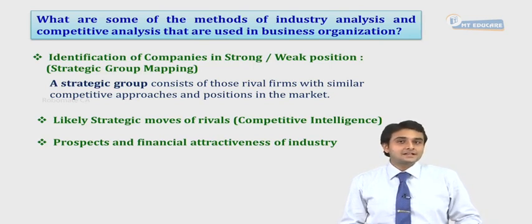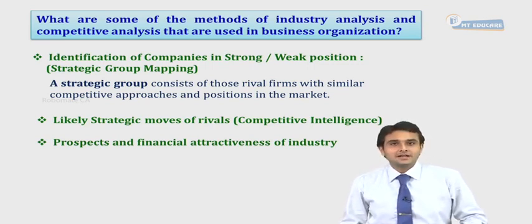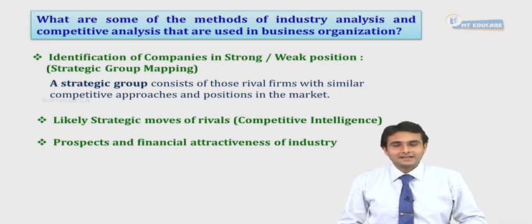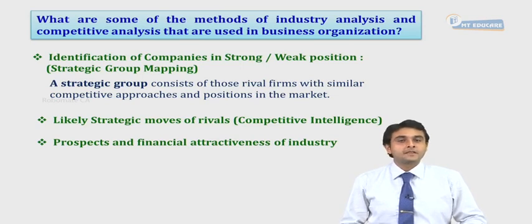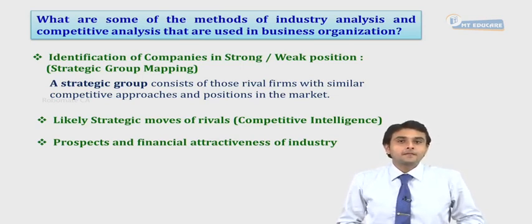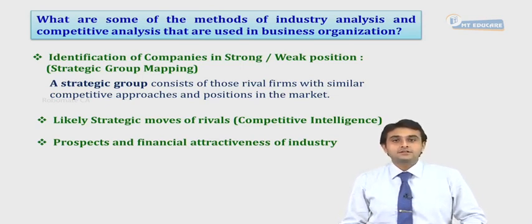So after a business has identified its rivals by forming a strategic group, which is nothing but strategic group mapping, it also needs to understand their likely strategic moves. That is, what exactly are those businesses going to come up with? What will be their strategies? What products are they going to come up with? What services are they going to provide? What other changes in the products are they going to make? What changes in customer service are they going to make? So a business needs to know these changes, which are nothing but the likely strategic moves of the rivals, so that it can combat accordingly and